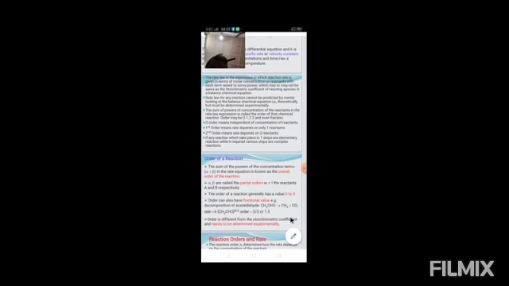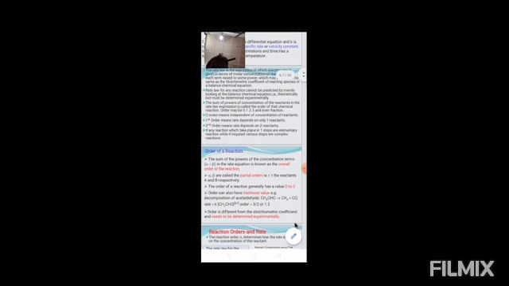The order of the reactions generally has a value from 0 to 3. Order can also have a fractional value. Let us see one example of fractional order. In the decomposition of acetaldehyde, the order becomes 1.5. This is a fractional order. The order is different from the stoichiometric coefficient and needs to be determined experimentally. So from here we know that order is an experimentally determined value.